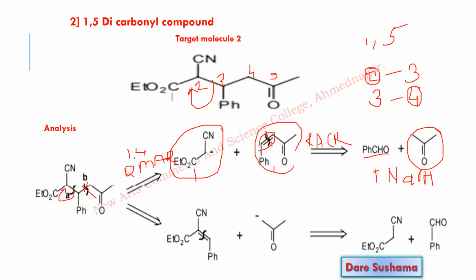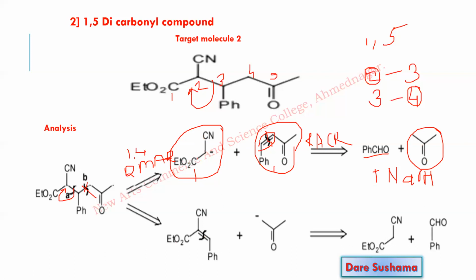this Michael acceptor. Now once you get this Michael acceptor, your next duty is to treat it with this Michael donor. So what is the Michael donor? Instead of a negative charge, as it is flanked by 2 electron withdrawing groups, it is already a more acidic proton, so there is no need to add one more activating group.